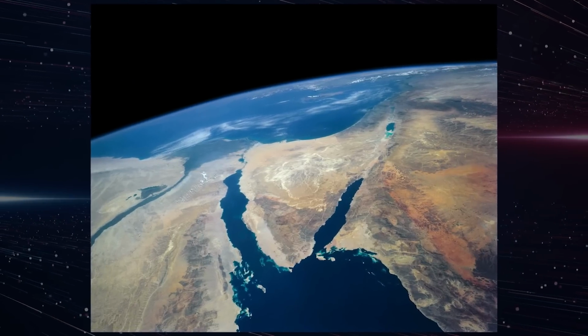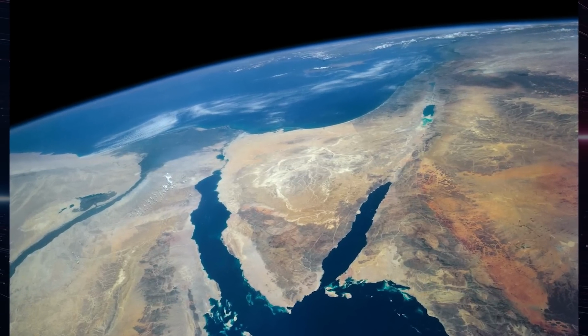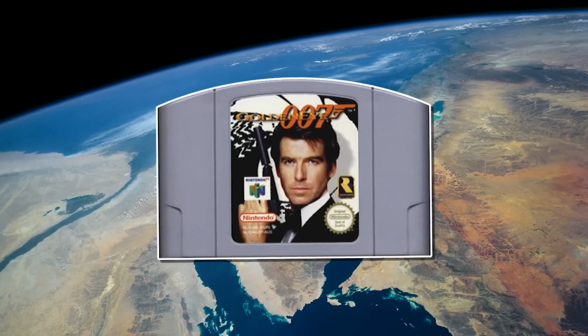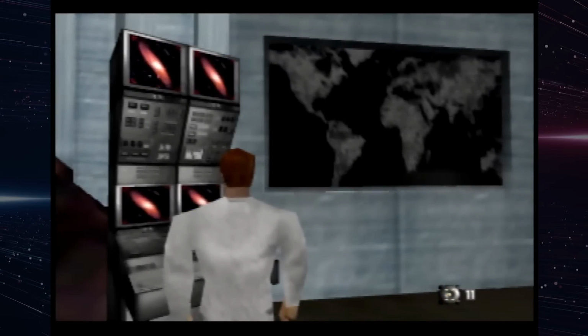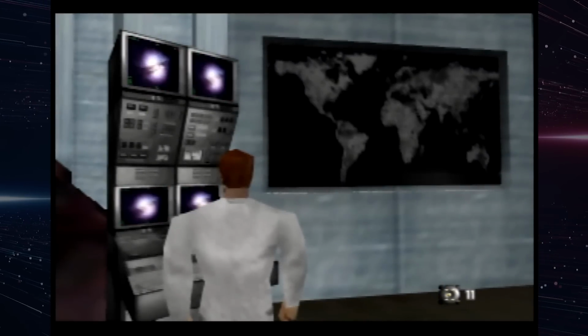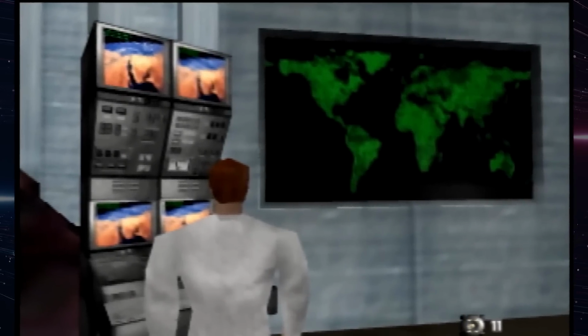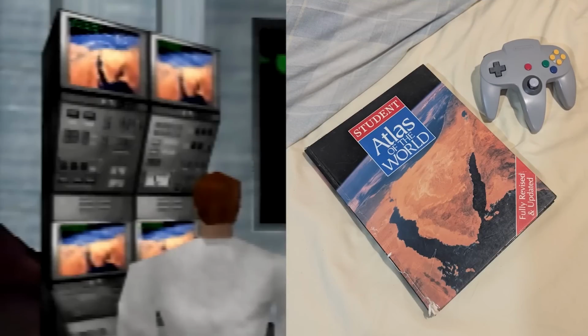My friends, have you ever seen this picture? Well, if you've played GoldenEye 007, you probably have, whether you knew it or not. But how did this end up in the game, and why is it also on the cover of my childhood atlas? I mean, this really intrigued me when I first noticed the connection in-game, and it's all led me to